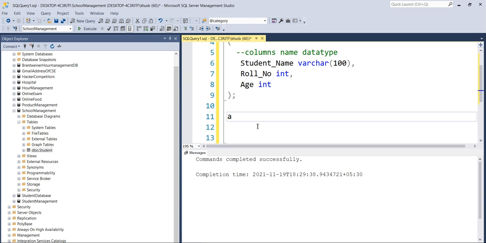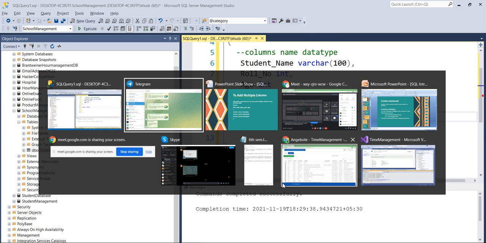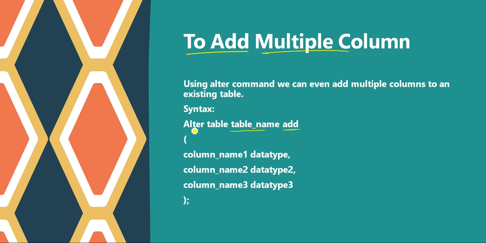I need to use the alter command. Alter, what do I want to alter? I want to alter the table. And now what do I want to do? I want to add one more column. So we specify alter, then what you want to alter, which is a table.